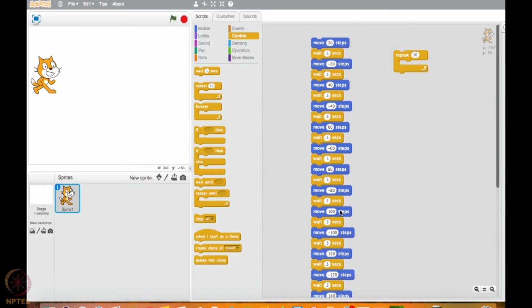Can you now figure out by looking at all the options here if you can do this all by yourself? We strongly suggest that you spend at least 15 to 20 minutes figuring out how you can achieve the same thing using the repeat loop. If you cannot solve it, get back and continue watching the videos.